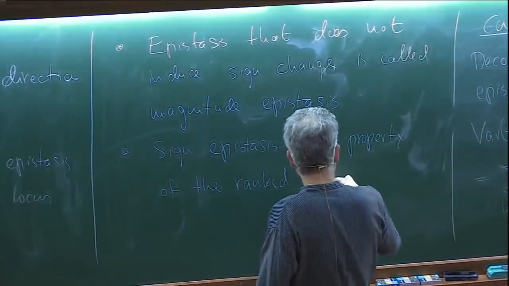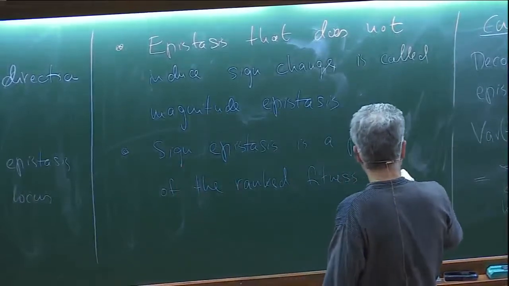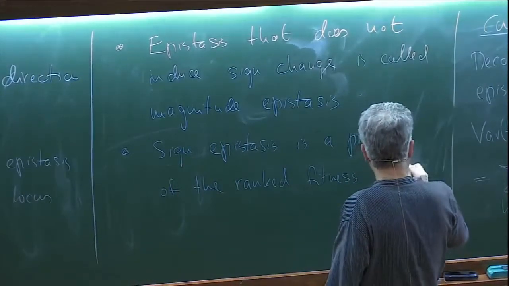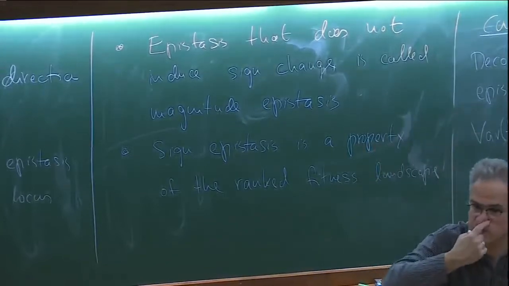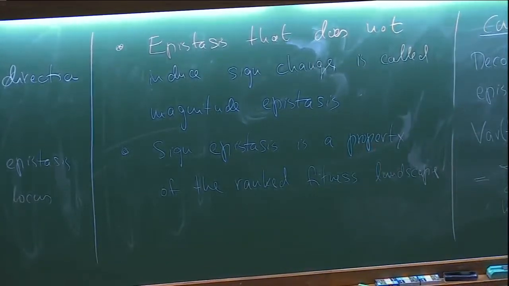So with that, I just mean I just order my fitness values according to their size, and then I say the largest one I call rank 1, the smallest one rank 2 to the L, and then I just order them, and instead of assigning fitness values, I just assign the ranks. This is the rank fitness landscape, and therefore